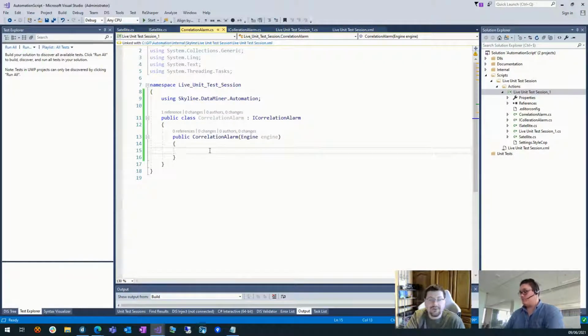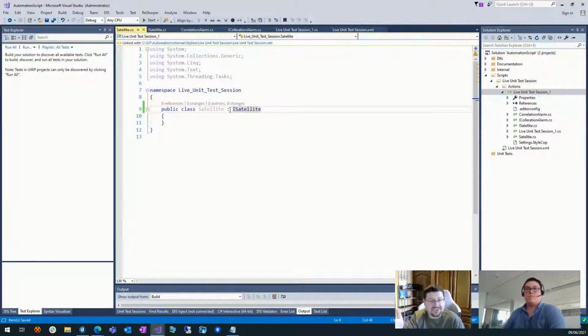But I also want to be able to get the right element based out of my correlation data. Now, there's two ways to do that. You can just make a constructor in satellite and then push in your correlation data. But I've always been a sucker for factories because they kind of help split up the code even more.